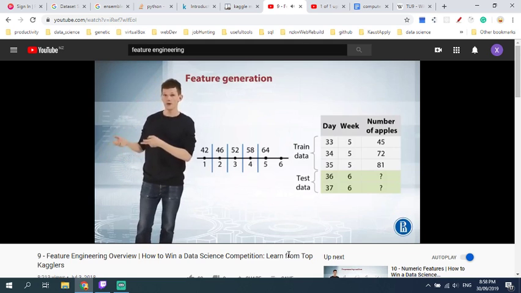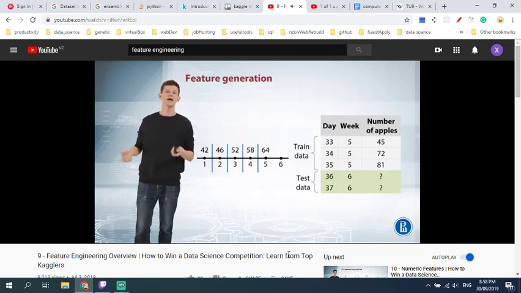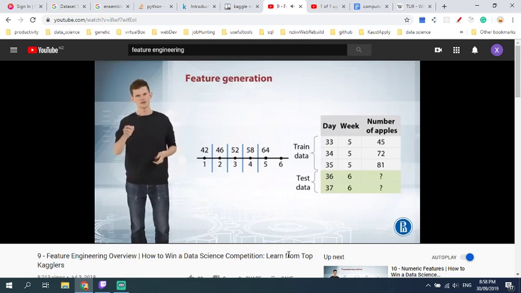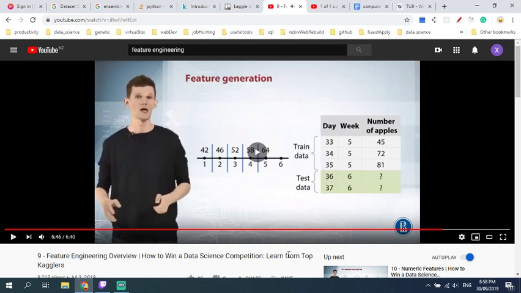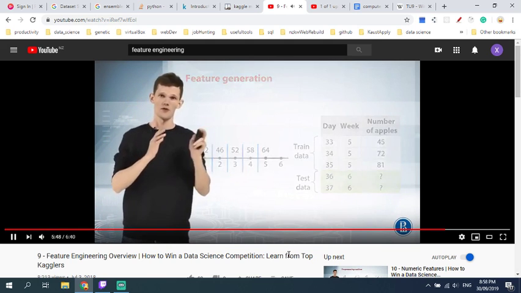And vice versa, we can come up with an example of generated feature that will be beneficial for gradient boosting decision tree and useless for linear model. So this example shows us that our approach to feature generation should rely on understanding of employed model. To summarize this video, first,